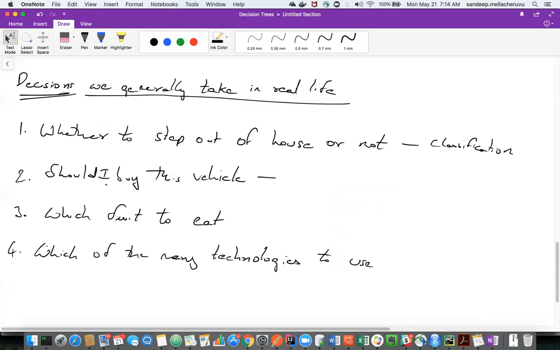So talk about the answer. If I ask you, should I buy this vehicle, and you answer me saying $2,000, it doesn't make any sense. But assuming that it makes sense, if you are getting some continuous variable, then you call it regression. If you are getting a categorical variable as an answer, then call it classification. In this case, the answer to should I buy this vehicle is classification. But if I change the question a little,